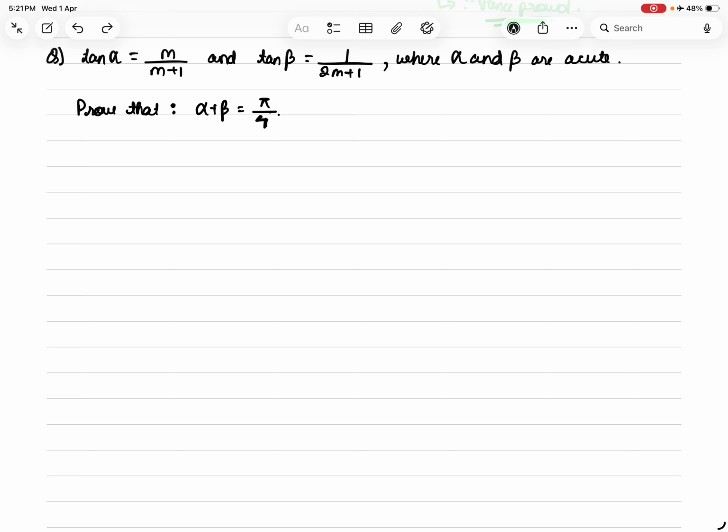Right? So whenever you see something like this, without any sine, tan, cos in front of it, whatever is given in the question, since tan is given, we talk in terms of tan. If the answer's not given in terms of tan, it means in the last few steps you have to show that tan of alpha plus beta is equal to tan pi by 4. Then remove tan on both sides, and you will get alpha plus beta is equal to pi by 4, and this is what you need to prove. This is your goal, your aim. Last few steps, this is what you have to do. Okay, let's solve this together.